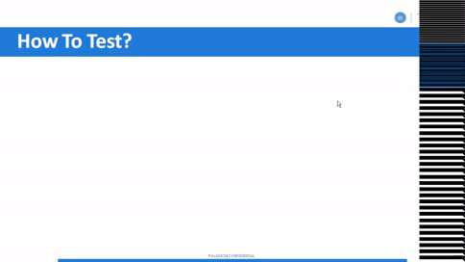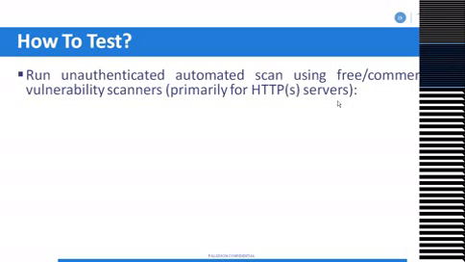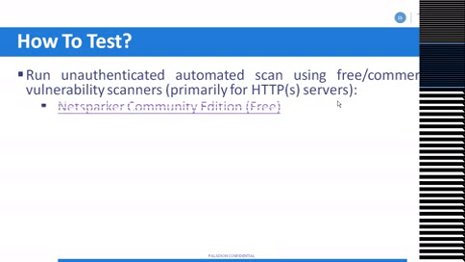Now, how to test these systems to identify whether they are affected or not? There are two ways possible: automated test and manual test. Since we know the most critical attack vector is HTTP, our first objective is to identify those servers. For that sake, you could run an unauthenticated scan using free or commercial vulnerability scanners that are available in